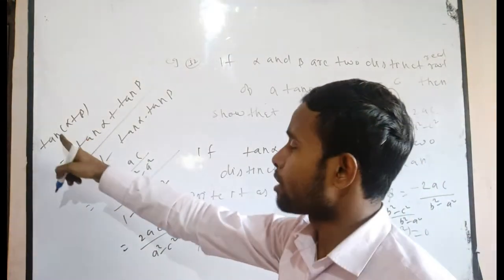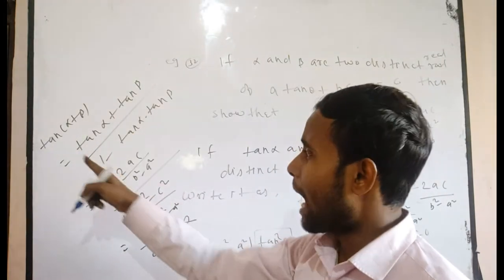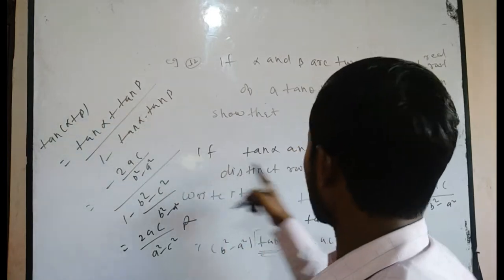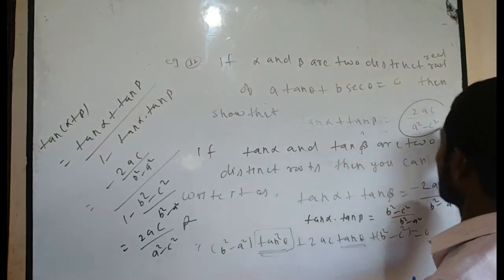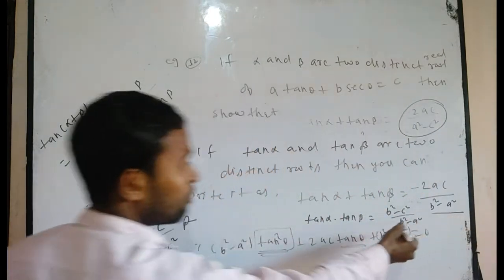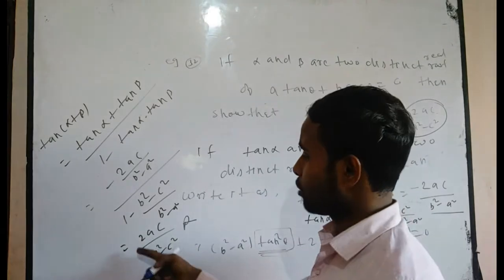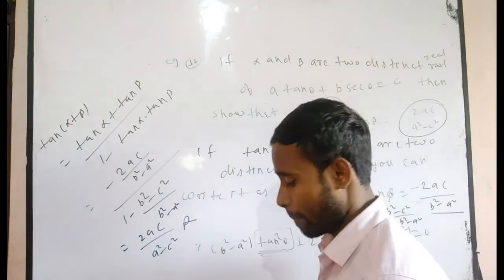You have to simply use tan alpha plus beta is equal to tan alpha plus tan beta divided by 1 minus tan alpha into tan beta. After it, you have to put the value of tan alpha plus tan beta, that will be 2ac by a square minus b square, and tan alpha into tan beta, that is b square minus c square divided by b square minus a square. After it, you have to manipulate, and finally you get 2ac divided by a square minus c square. Now